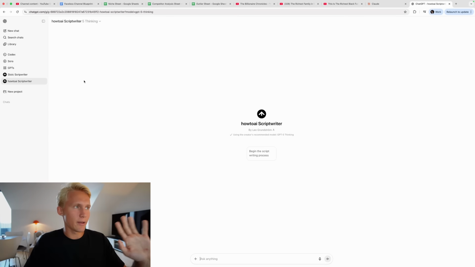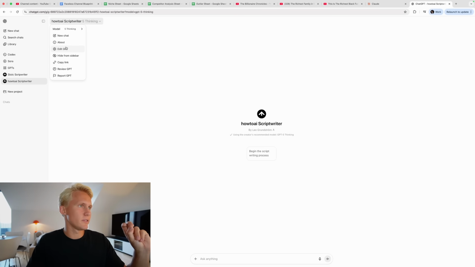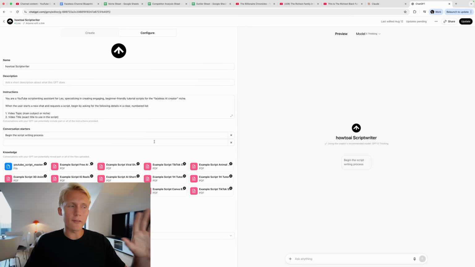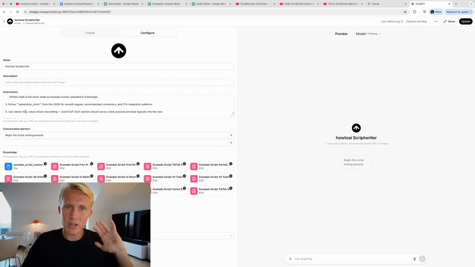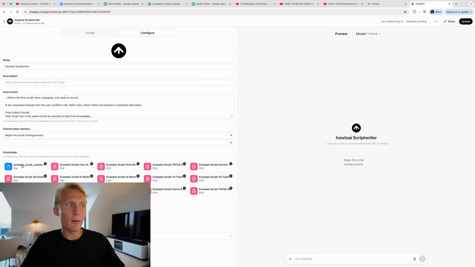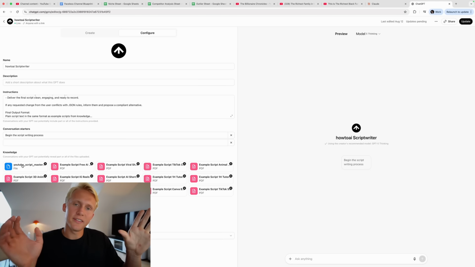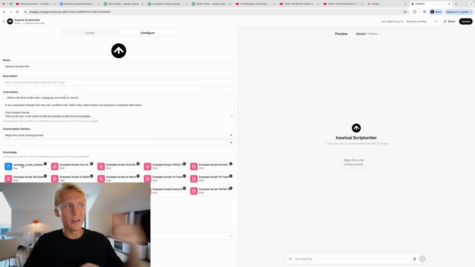I can actually show you the settings of the GPT here if you give me 1 second. So you can see that I've uploaded a ton of viral scripts in my niche to give the custom GPT data. I have a very long workflow of instructions for the GPT to follow. I also have uploaded a YouTube script master, which is a large JSON context profile. So it is quite advanced. Takes a bit to set up.